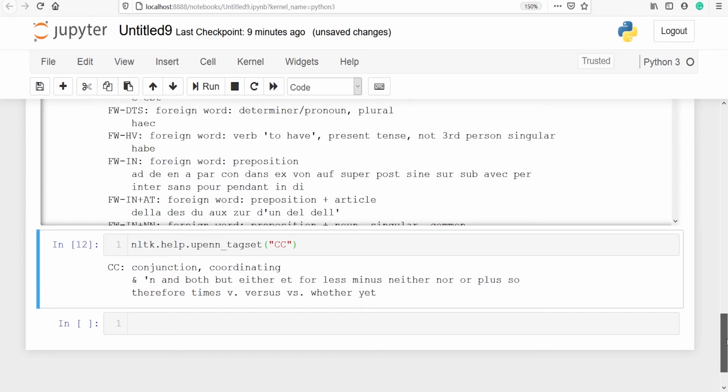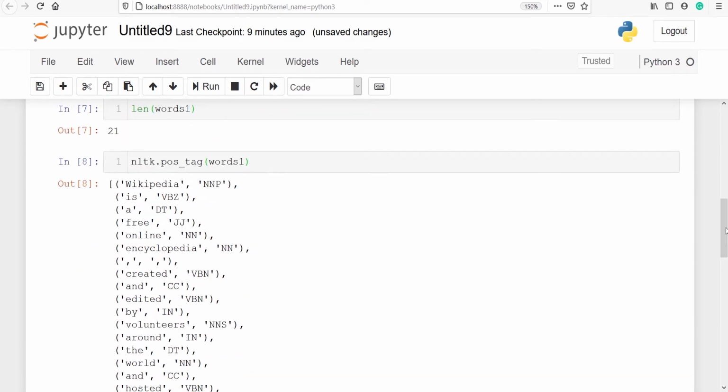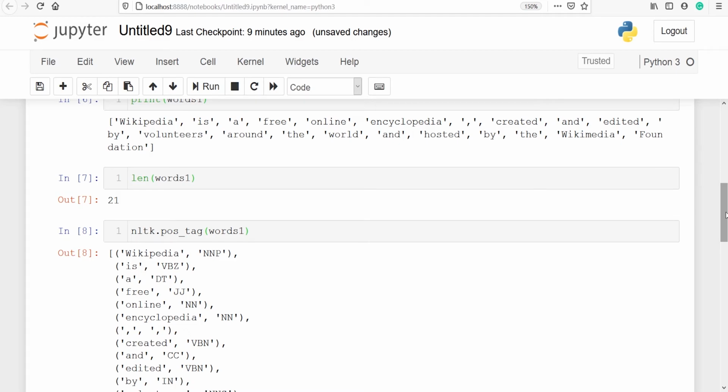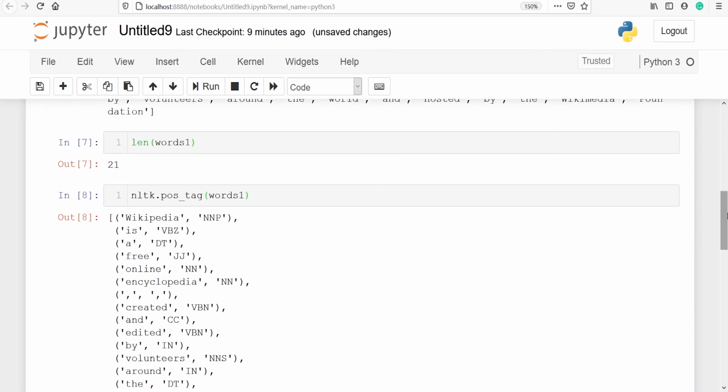This is how you can find the full form of each and every POS. And to do the parts of speech tagging, first we have to convert our sentence into words, and we can do that using word_tokenize. And once we have broken down our sentence into words, then we can call our part of speech tagging on our words.